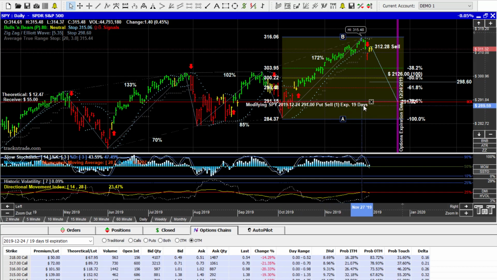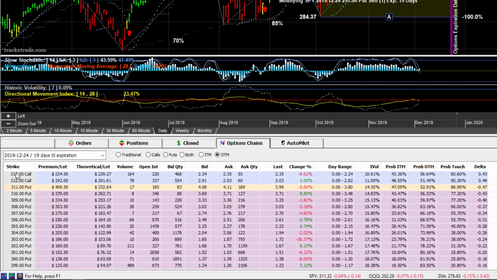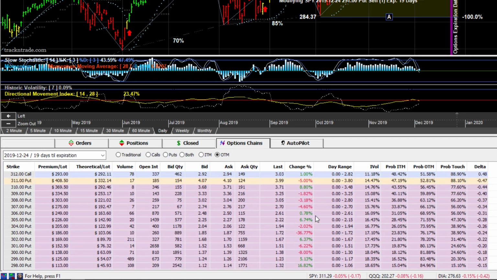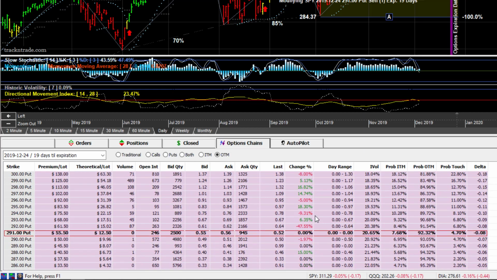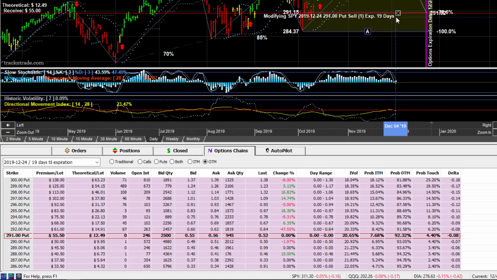Well, it's a high probability trade. Let's come down and take a look at this from a probability standpoint. We're going to slide down here on the options chain. You'll notice that I've got 19 days selected down here. And this is the option chain for the S&P, and we're going to slide all the way down until we see our marker. So that's our marker right there, as you can see, sitting at that 76.8 level,